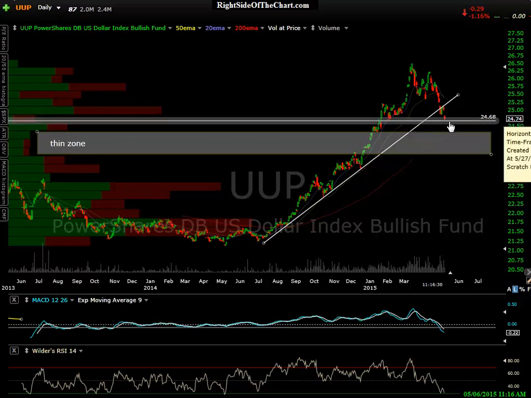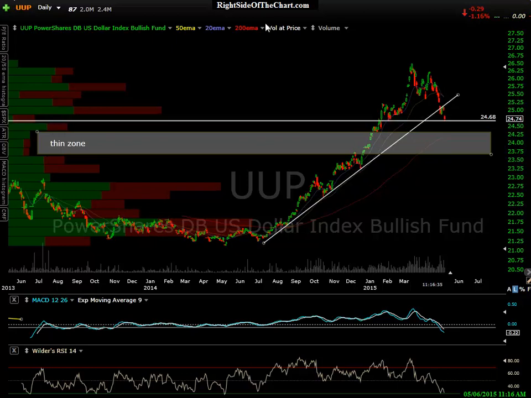And my expectation would be for a reaction either off this level. With this downside momentum, it's possible we take that out. Let's look over here at the volume of price histogram. We had this thin zone here. Now we have a pretty long bar, the length of this bar right here compared to this bar above it. The top of these bars, when you have these gaps, they'll often act as support. So I use that in conjunction with price support.